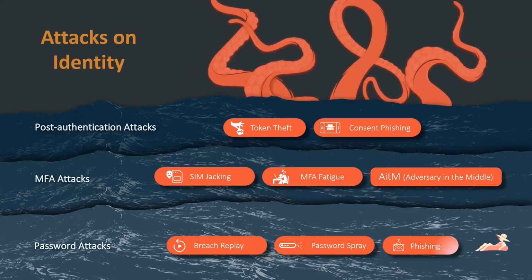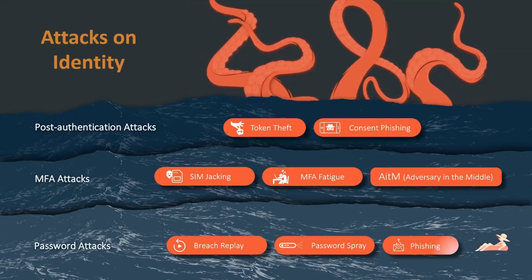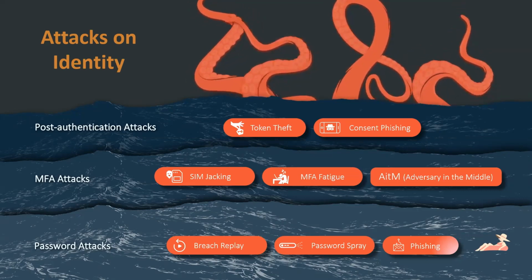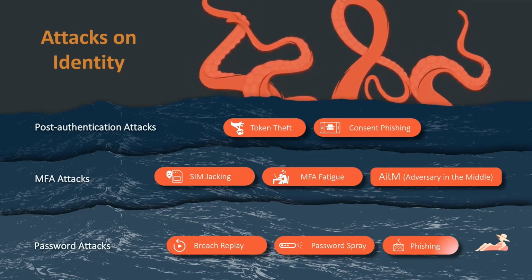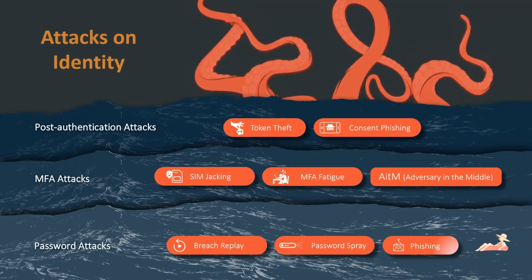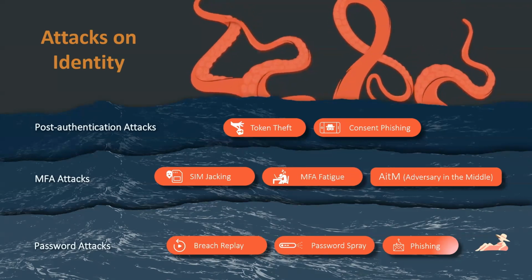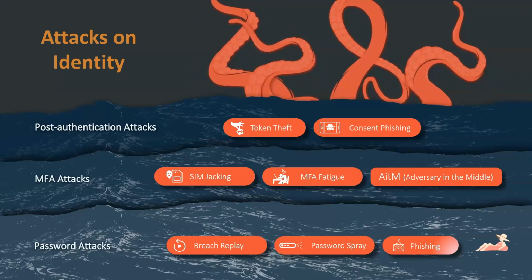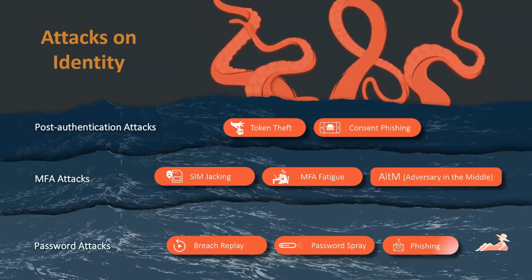And then you have some methods that even Adam employs when he does some of his external pen tests. The first is a breach replay. That is where you use dumped passwords off of the dark web to target specific users to see if they're reusing those passwords. There are also password sprays. That's where you hit a broader audience, but with a smaller set of common passwords. And then finally, there's phishing. Everybody knows what phishing is, and you'll see that in the next example as well.